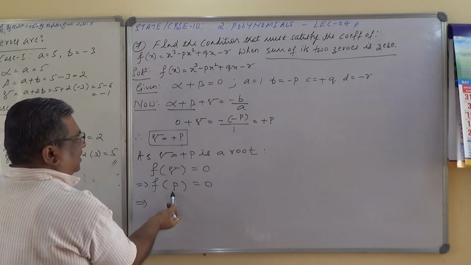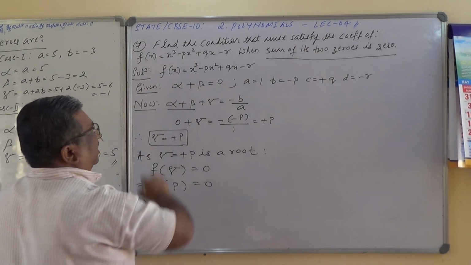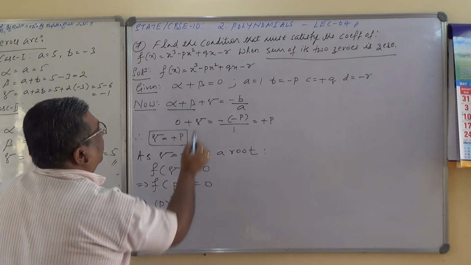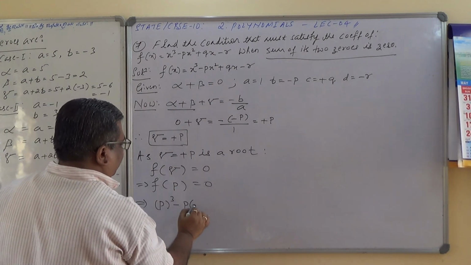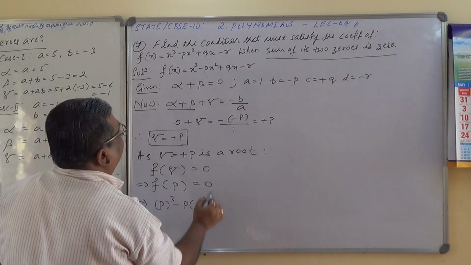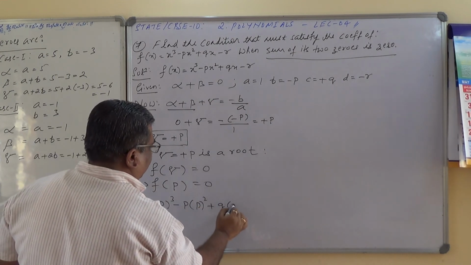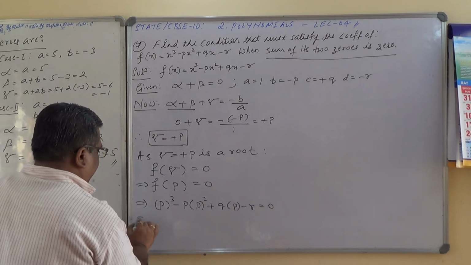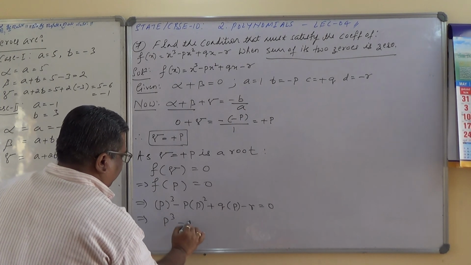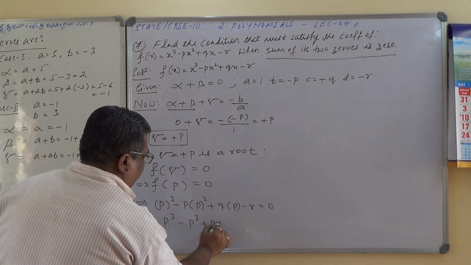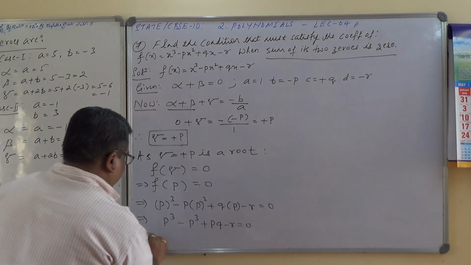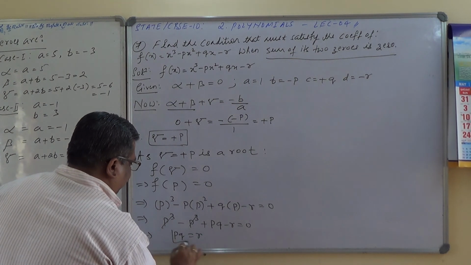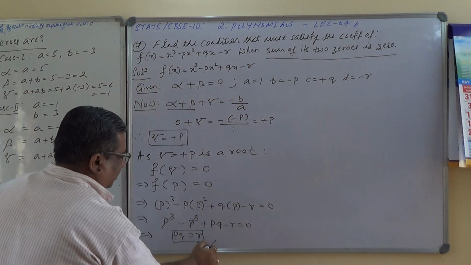Implies wherever x is there in the polynomial, substitute the value there as P. So x cube meaning P cube minus P times P square plus Q times P minus R equals 0. Implies P cube minus P cube plus PQ minus R equals 0. Implies PQ equals R. Transpose R that side. Therefore,